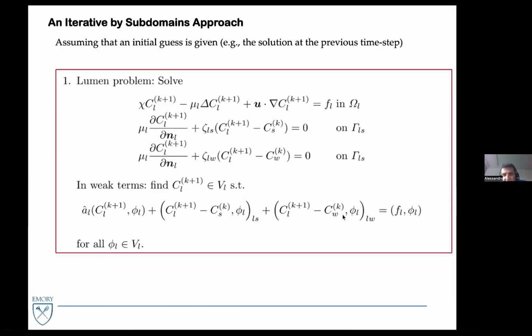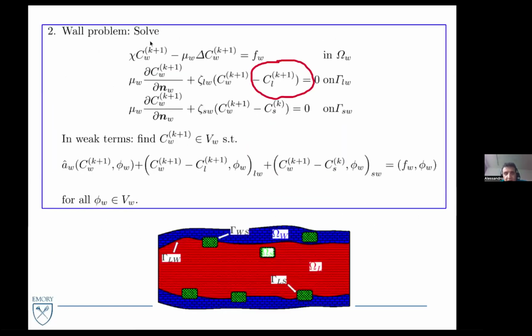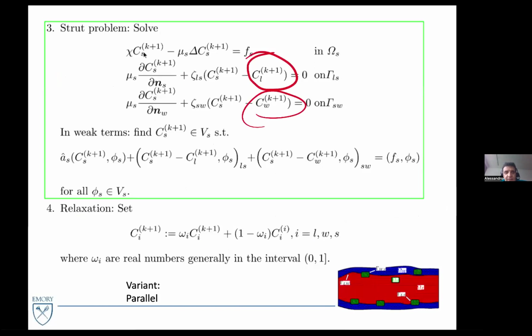Then once we know this, we move to the wall, and we use the concentration we just computed and the old concentration in the strata. And finally, we solve the strata using the lumen concentration and the wall concentration from the previous iteration, and then we do a relaxation step. Of course, we can run this in parallel, like a sort of Jacobi method, but let me focus only on